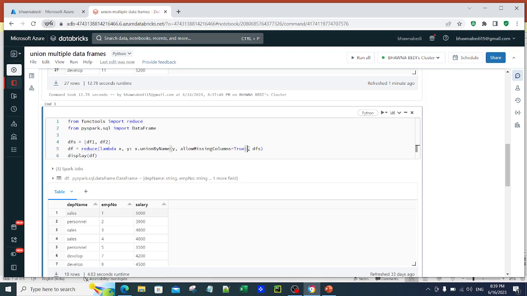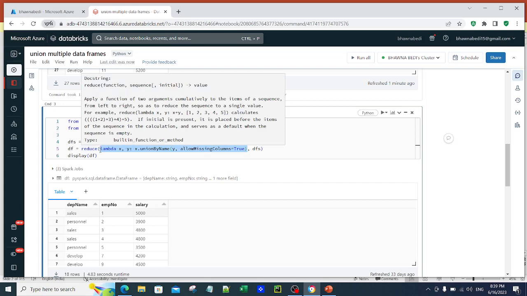I can provide the expression. So if you see this highlighted part, what I'm showing on the screen, again this is using the reduce function itself. Instead, it is providing the expression, which also allows the missing columns when you are trying to do the union. So this is how you can use the reduce function: provide the expression, and then provide the data frames,